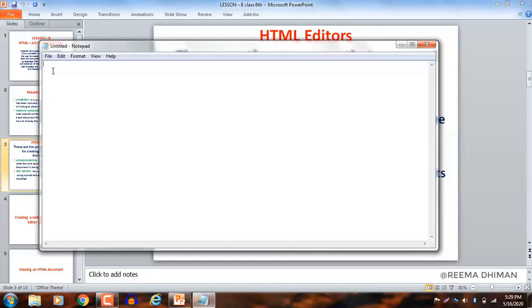As while writing English, you know the proper grammar, spelling, etc. You keep all the things in mind. So similarly, HTML is like a language. You have to learn about that. It uses special symbols, tags, etc. We will learn in this chapter. So we will write here the code in the Notepad. Clear? So we can write the code only if we have the proper knowledge about the syntax, that how to write, how to use various commands, tags available in HTML. Clear?